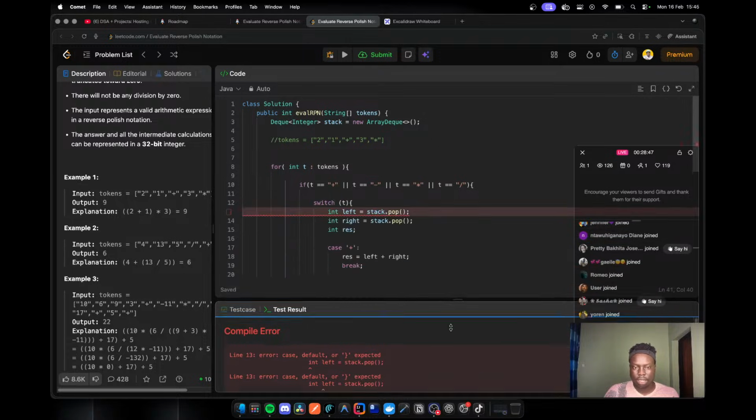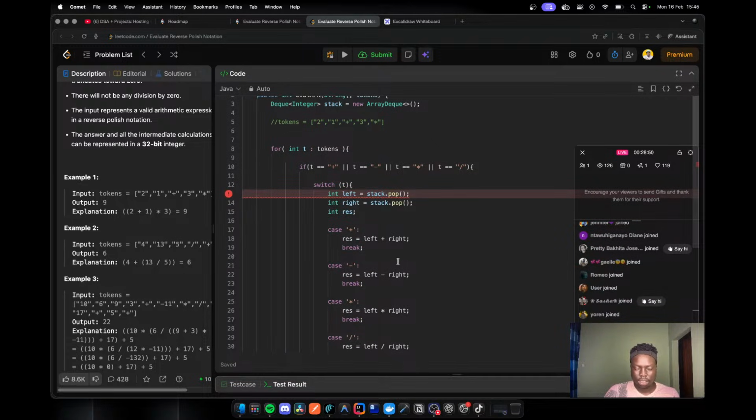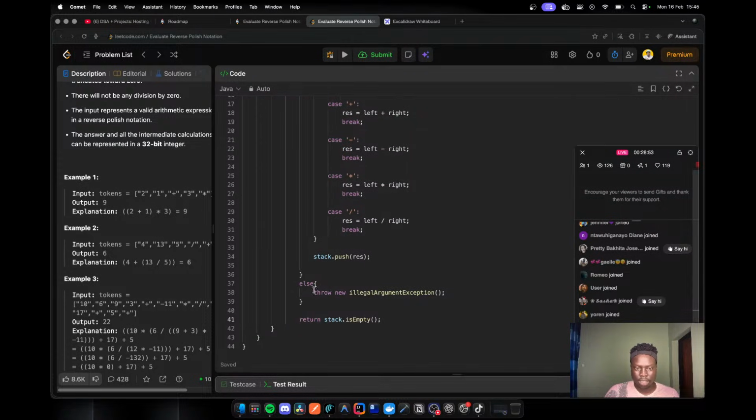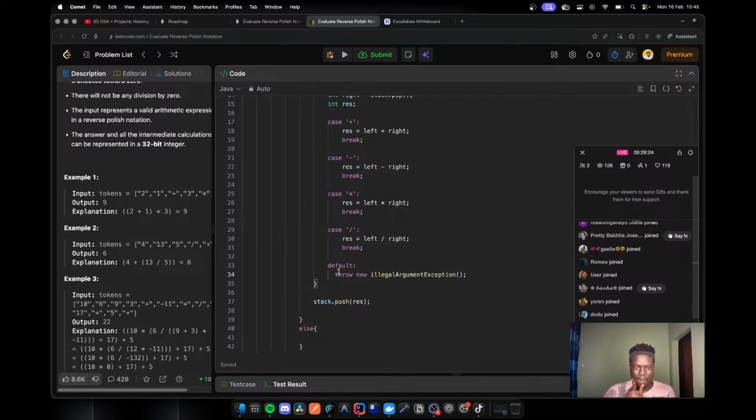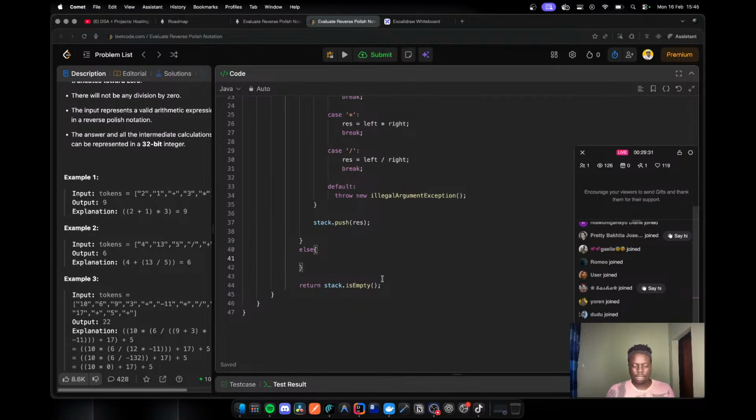Default. Okay, we needed a default case. Stack.push is actually the default case. Let me create some gap here. So the default case is going to be this: we just throw this illegal argument exception if it all fails. Then we push the result to the stack, and else we now have to return,